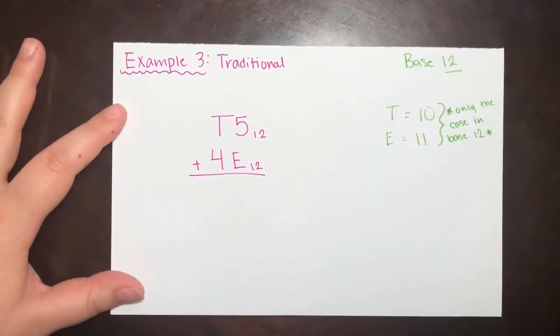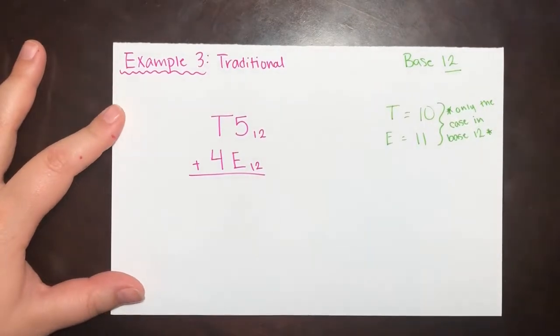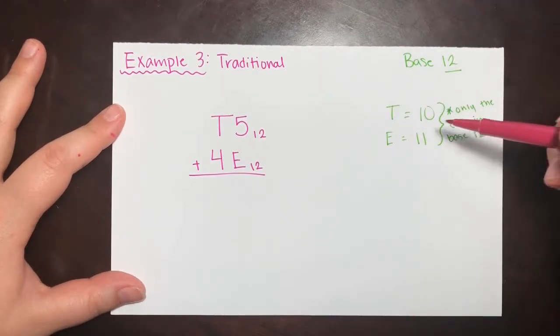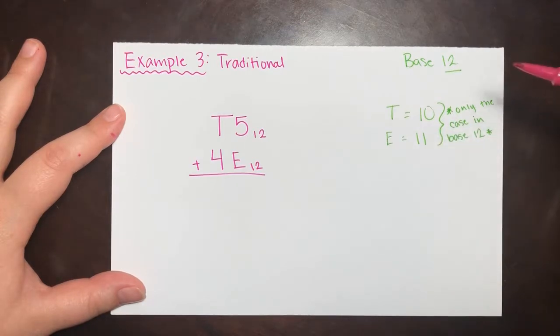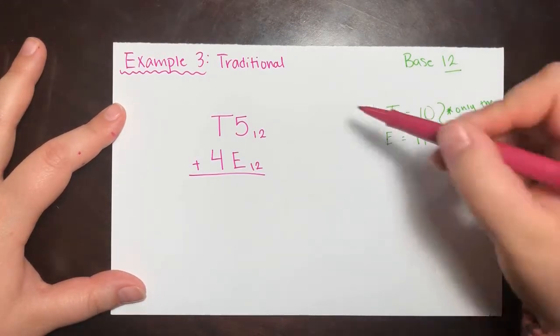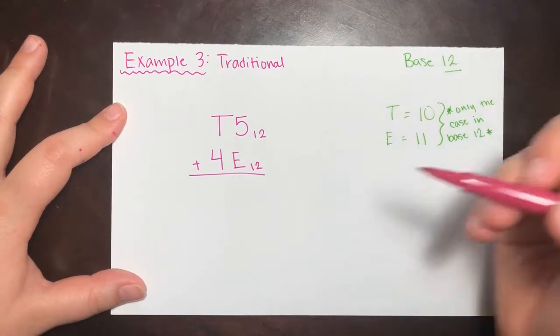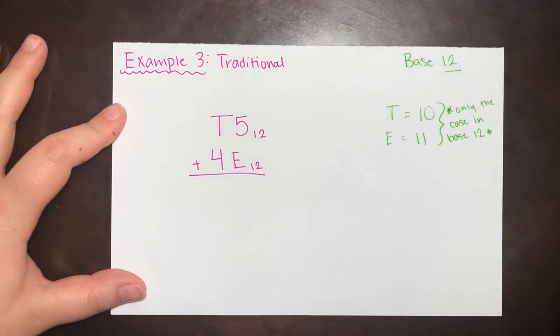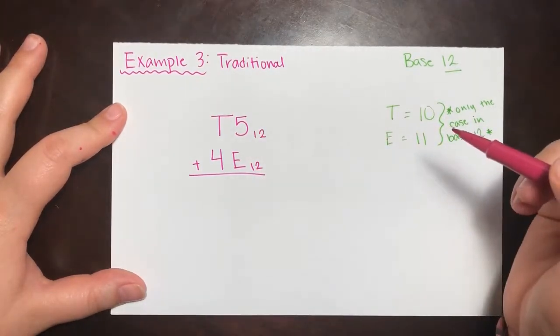For our third example, we're going to go the traditional route, but only because we're using base 12, and these look a little bit different, right? So in base 12, the symbol T equals 10, and E equals 11. So we add just the same, but we keep in mind these keys, right? So we'll start with 5 plus E, which we know E equals 11, so really it's 5 plus 11, and that equals